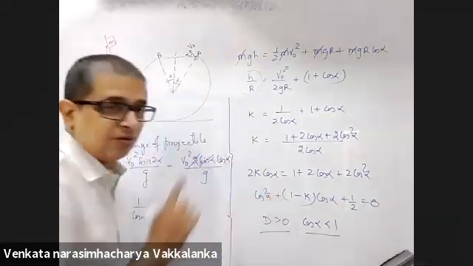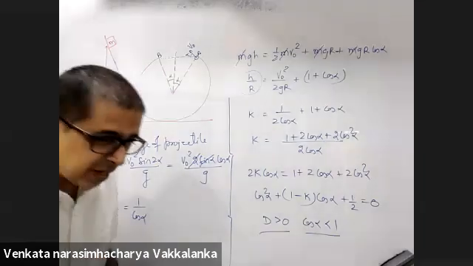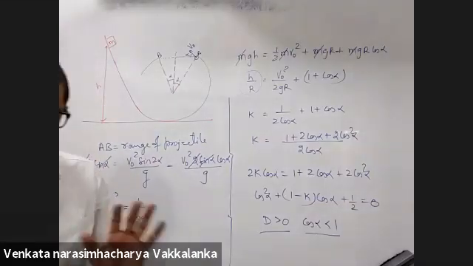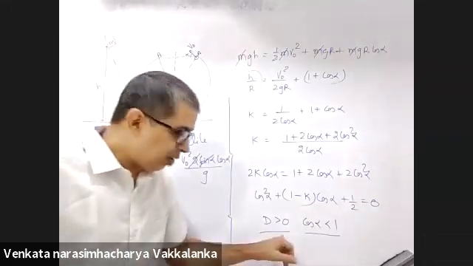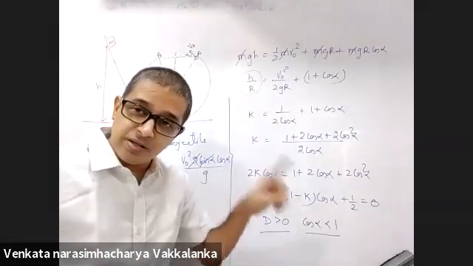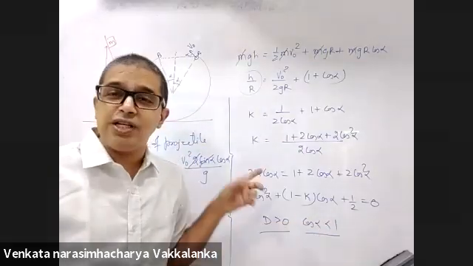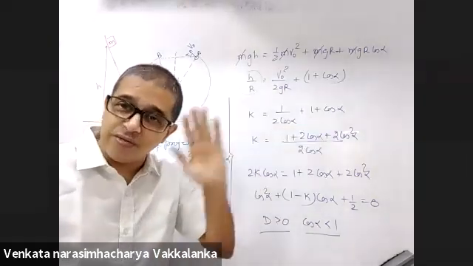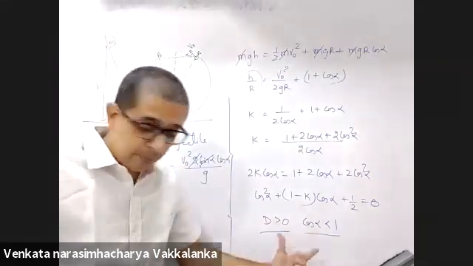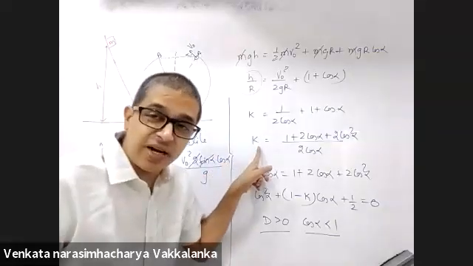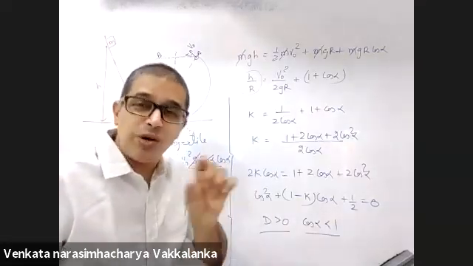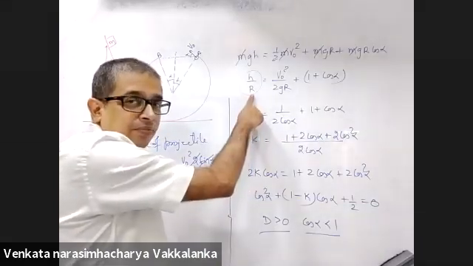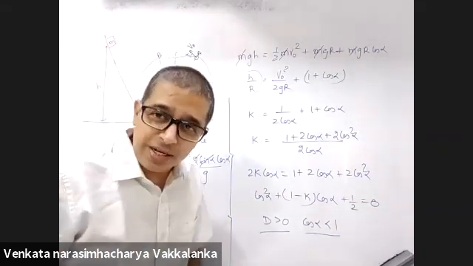Sir, we have to apply location of roots. We have done this in maths. The roots should be between minus 1 and 1, and then I am more than happy. You have to apply two conditions. Discriminant is greater than 0 and cos alpha should be less than 1. Just because the discriminant is greater than 0, don't accept that cos alpha will be greater than 1. Apply both, you will get a range for k. What is k? h by R. So you will get the range for small h.